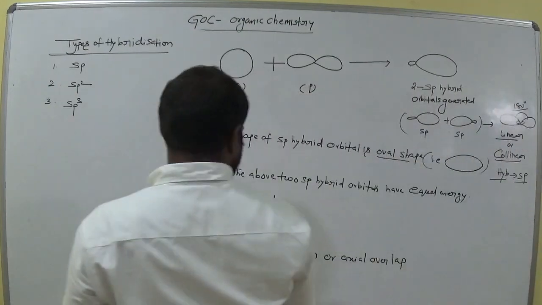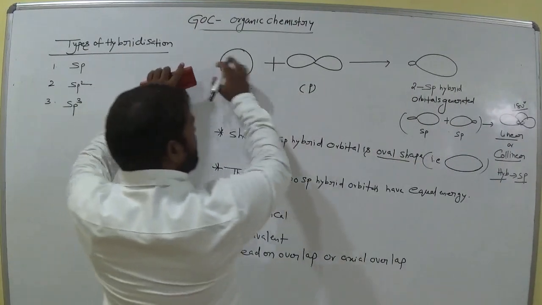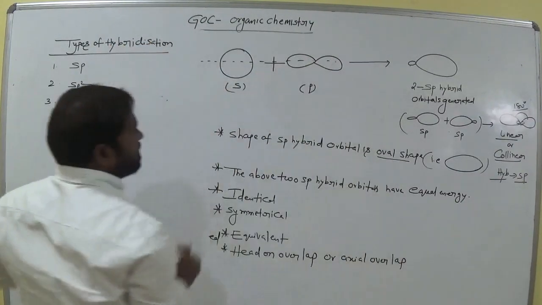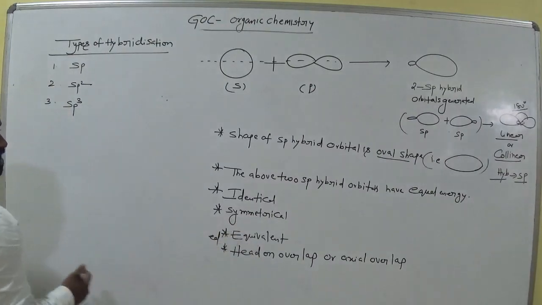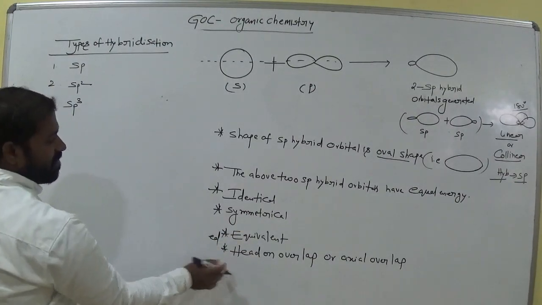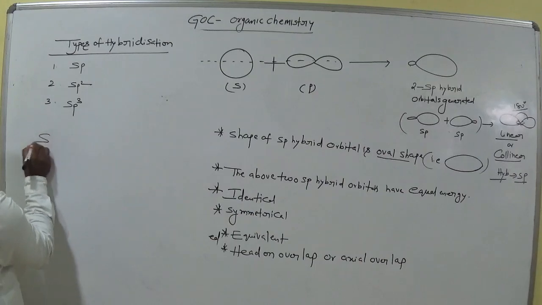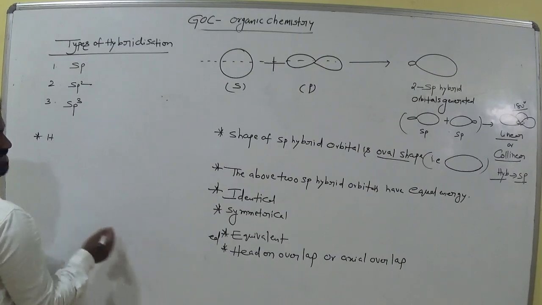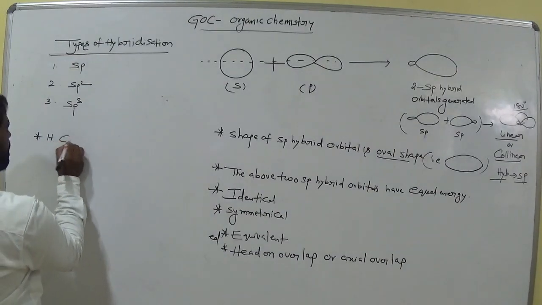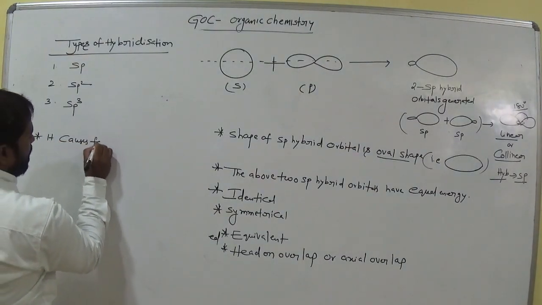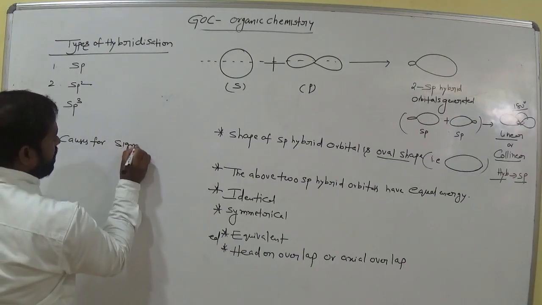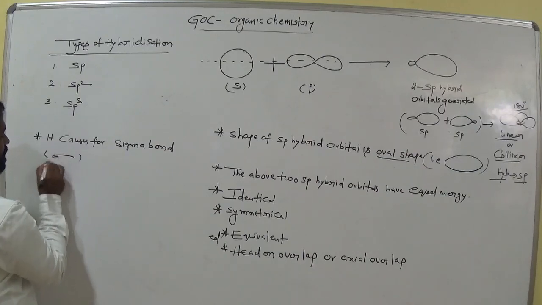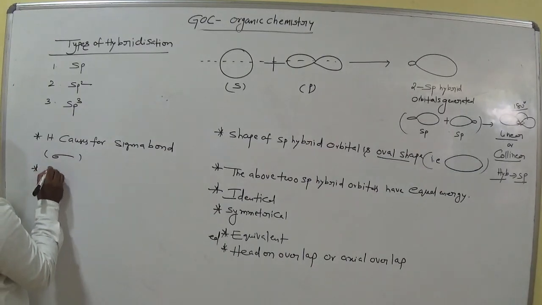So head-on overlap or axial overlap is like this, the horizontal manner. This type of overlap is called axial or head-on overlap. Such type of overlap gives sigma bonds. This axial overlapping causes the sigma bond. Sigma means like this. Sigma bonds, for example,